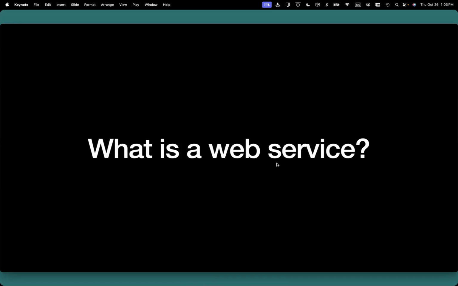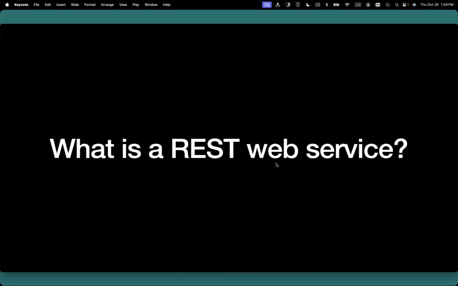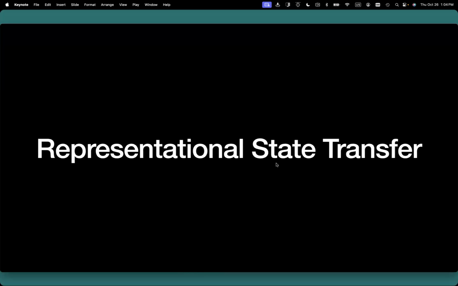Okay, so what is a web service? Well, a web service basically is an app running on a server that will respond when called via an HTTP URL over a network. That's the most generic way of describing a web service. Now, if you have never built a web service before or used one, you probably have at least heard the term REST before. And what REST stands for is representational state transfer. Typically, this means it's a stateless